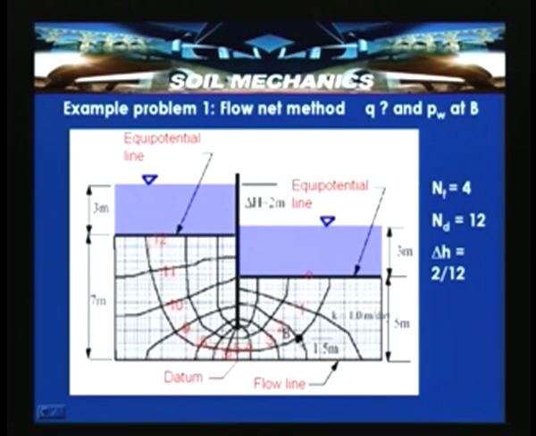By knowing the elevation of this particular point, and by using total head equals pressure head plus elevation head, once you draw on graph paper to scale, then by knowing the elevations we will be able to estimate the pore water pressures at any point. With that we will be able to estimate the uplift thrust exerted on a particular structure,